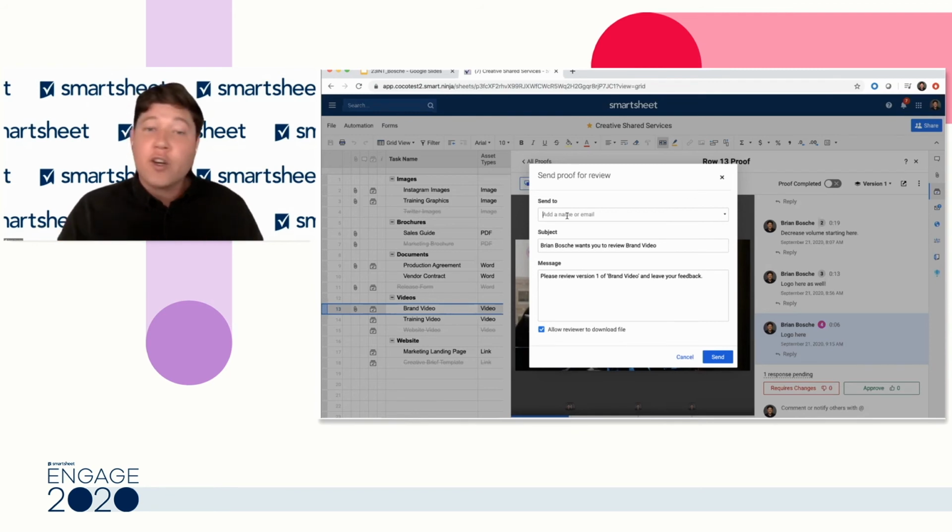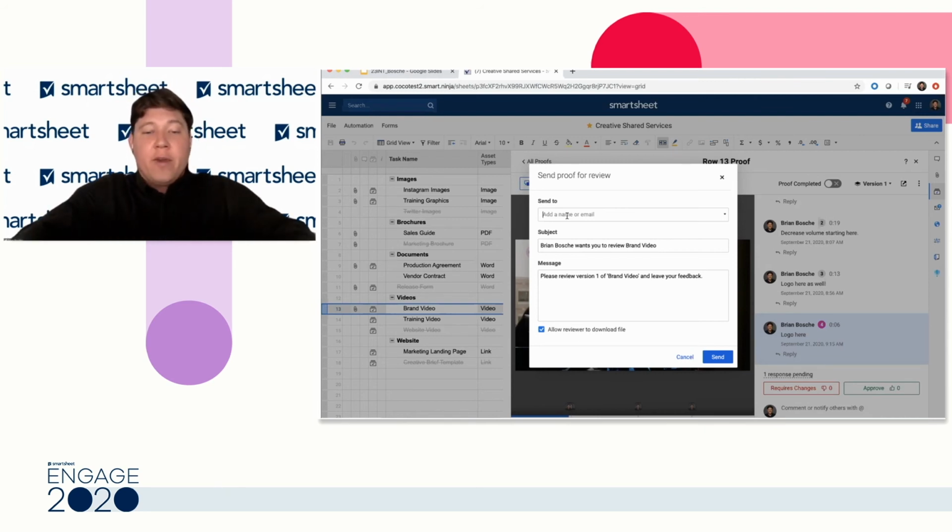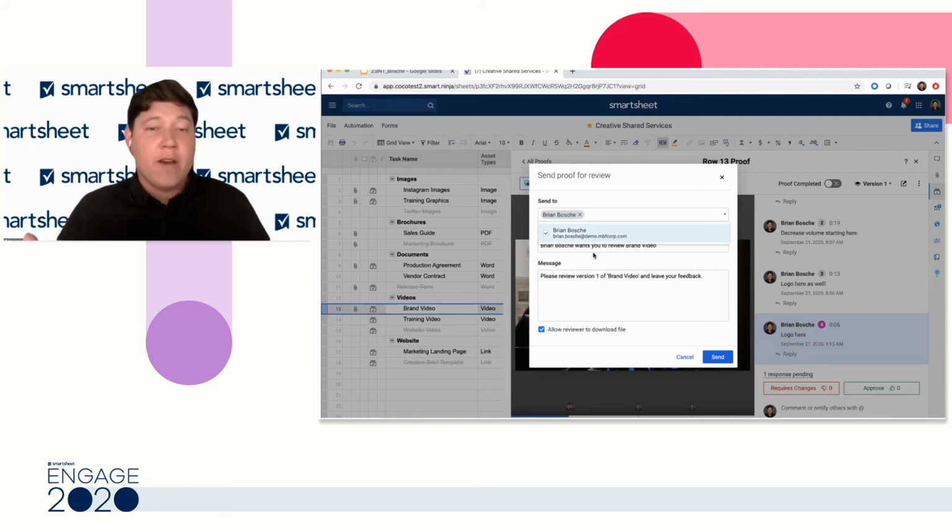So you could put an internal person here to approve, but let's say that you had someone that needed to fact check this that wasn't in your Smartsheet account or wasn't in your organization. You could put their email address in here. I'll just add mine for now. They would get an email that says, hey, you need to come review and approve this proof. All they would have to do for security purposes is to validate that that email is theirs, and they would be taken to a full screen review experience